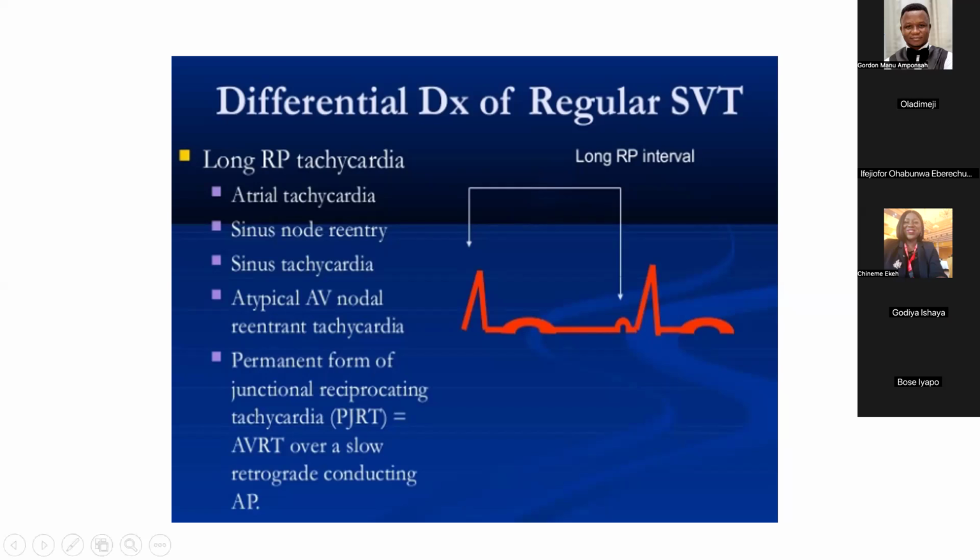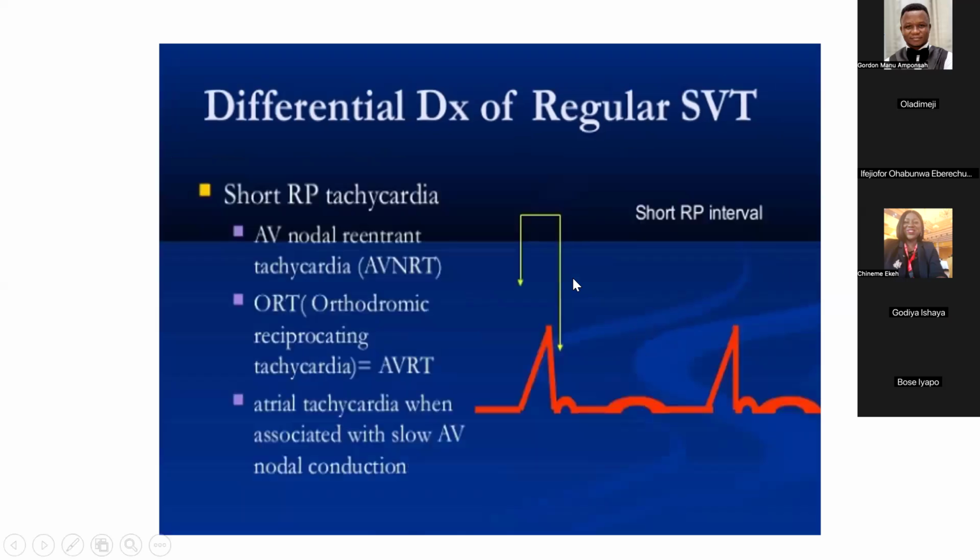Then for short RP tachycardias, these are the possible differentials of short RP tachycardias. Now, we all know that what differentiates long RP tachycardia from short RP tachycardia is the duration. So when we talk about the durations of